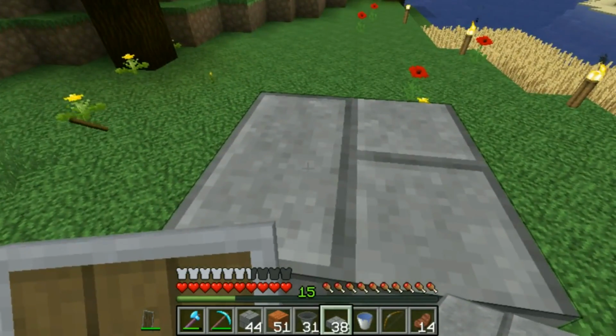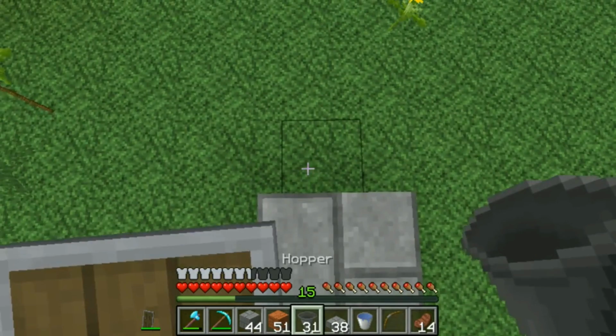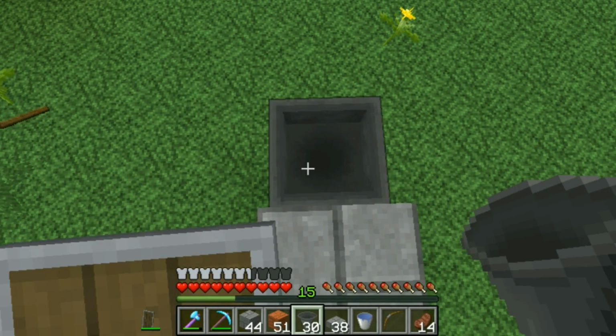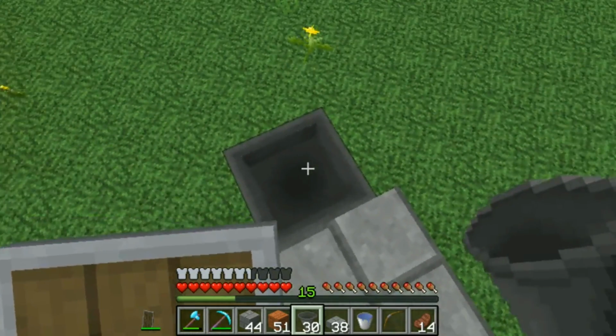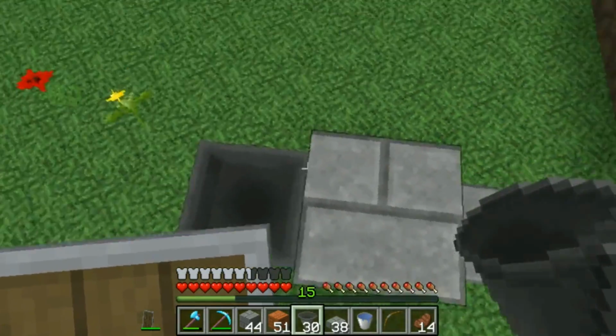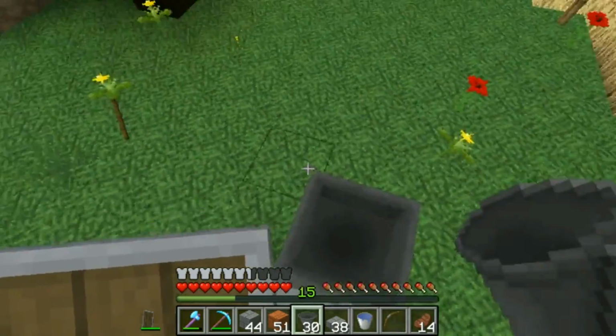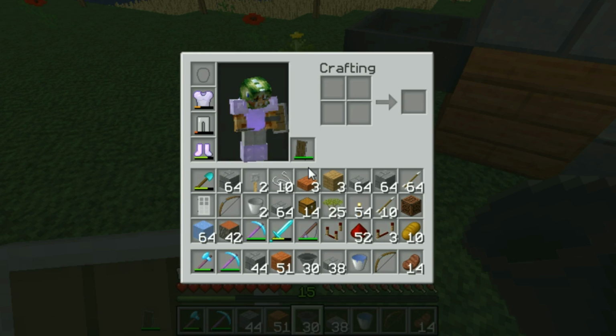Got a half slab right here. We have a hopper going. Normally that would point into your chest, but I'm just having mine point down, and when I get everything finished I'm going to dig out the tunnel to take everything over. So on the back side of that we're going to need our